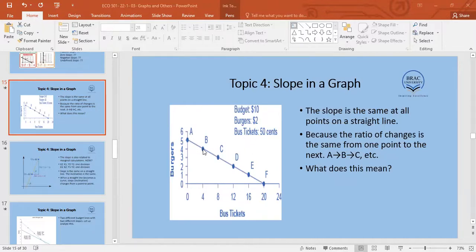That means as we move from A to B, B to C, C to D, the inclination is the same, isn't it? Isn't the hill the same inclination? Yes, sir. A certain amount, no change in the thickness. The word slope in Bangla is dhal. Another name is inclination. So if we look at this